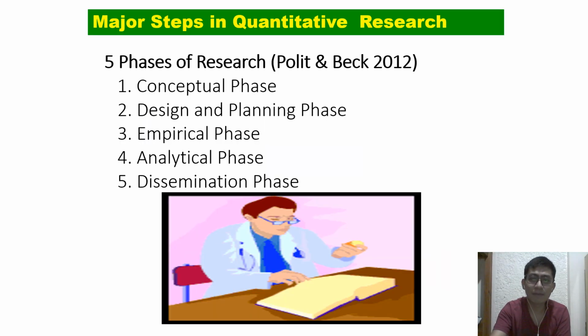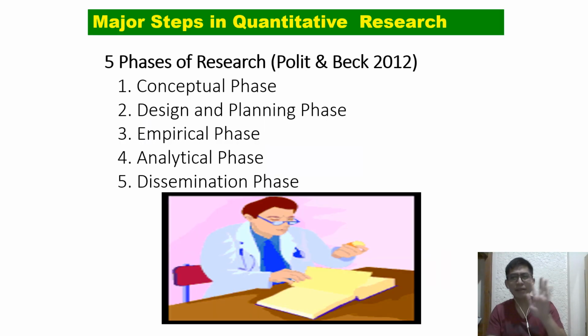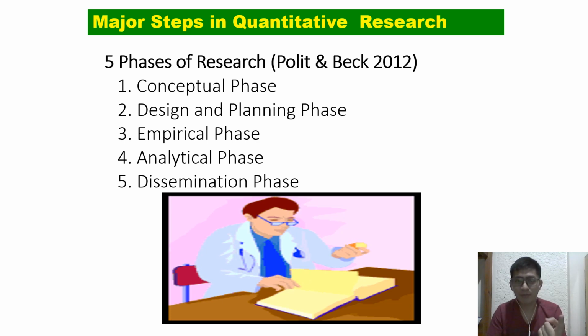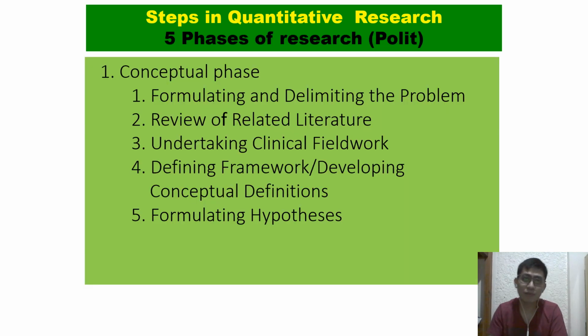So, let's proceed. The 5 major steps of quantitative research based on Polit and Beck: first is the conceptual phase, then the design and planning phase, the empirical phase, the analytical phase, and last is the dissemination phase. So let's see first the